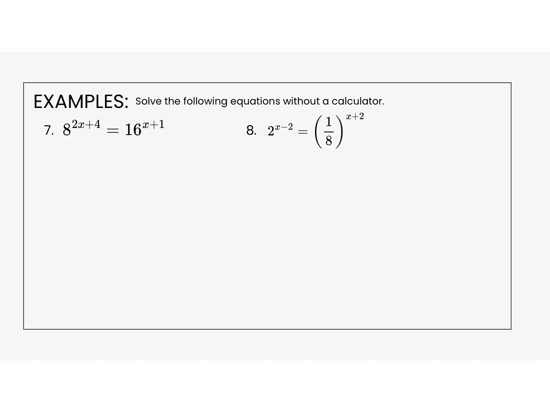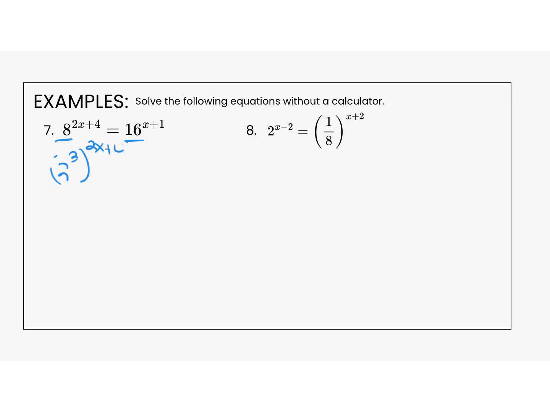Okay, these last two, or I should just say seven, I guess, is a little bit trickier because 8 and 16, remember, we're doing exponents, so we're doing powers, we're not doing multiples. Meaning, yeah, 8 times 2 is 16, but I'm taking powers, so I can't do 8 to the second power, that's 64. That doesn't get me 16. However, 8 could be written as a power of 2, that's 2 to the third power,